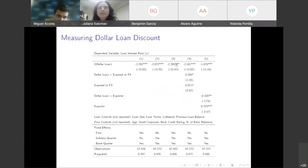So the first three columns have different combinations of fixed effects. It's not reported in the table here, but in the paper it is. You're going to see how careful we are in our exercise. We have many loan and firm characteristics, industry-quarter fixed effects, bank-quarter fixed effects, and firm fixed effects. So if you believe in bank specialization of any type, this should answer your concern. Here we see that even for different combinations of fixed effects, the dummy changes very little, which gives you some confidence in the robustness of the result. The table is not fully reported here, but in the paper you're going to get a sense of it. The last two columns are going to separate, as I was telling Benjamin,